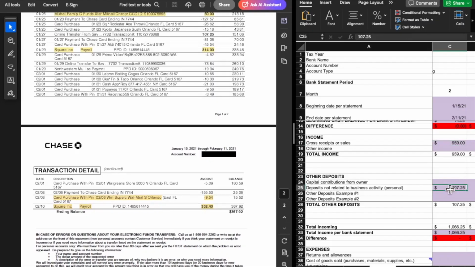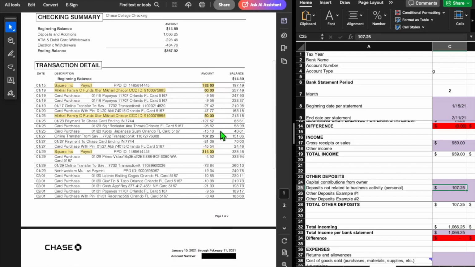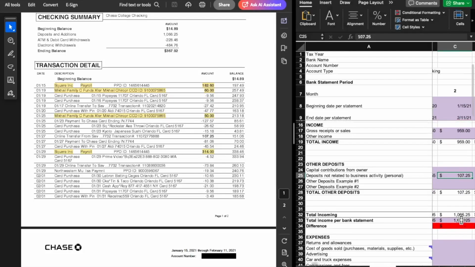And then deposits not related to our business activity. Again, if you wanted to, you could individually put in all these other non-business related deposits, which you see right here. It's only one, right? It says 107, like you see right here. But say you had a bunch of them, instead of adding them all, you would just